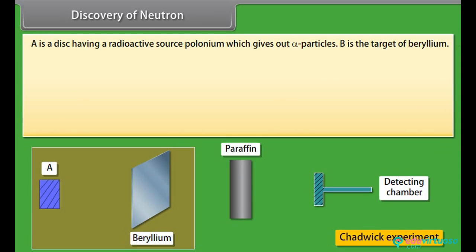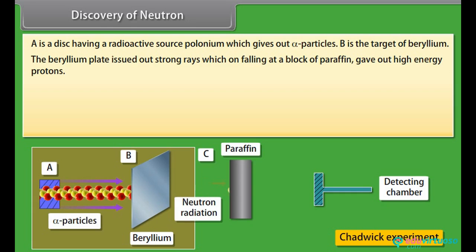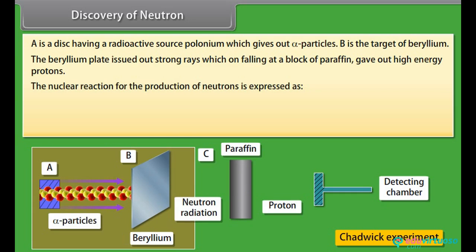Discovery of neutron. A is a disk having a radioactive source, polonium, which gives out alpha particles. B is the target of beryllium. Both A and B are placed in an evacuated chamber C. The beryllium plate issued strong rays, which on falling on a block of paraffin gave out high energy protons. The nuclear reaction for the production of neutrons is expressed as